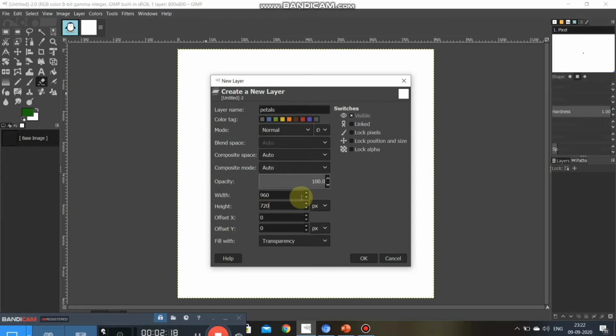After that, once we have done the changes on the layer name, width and height, under the fill with selection, select the desired option. So we want transparency. See, this is the fill with option.